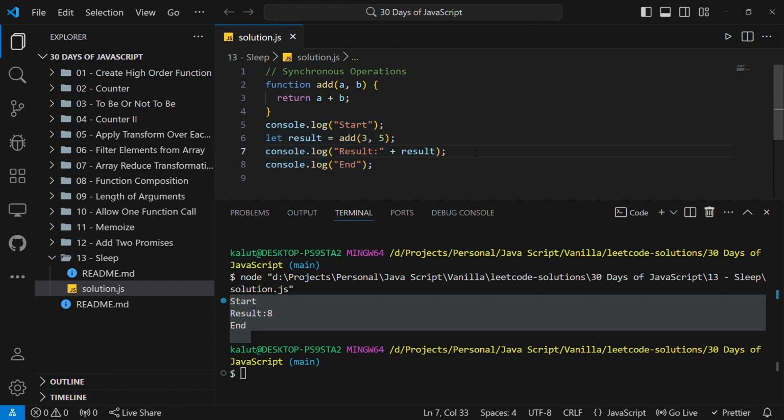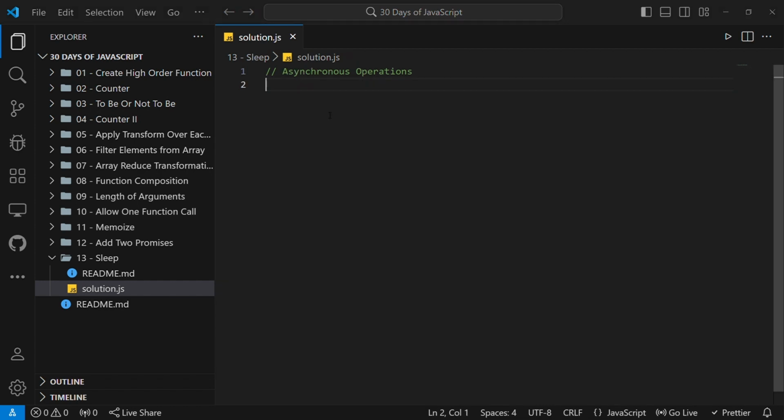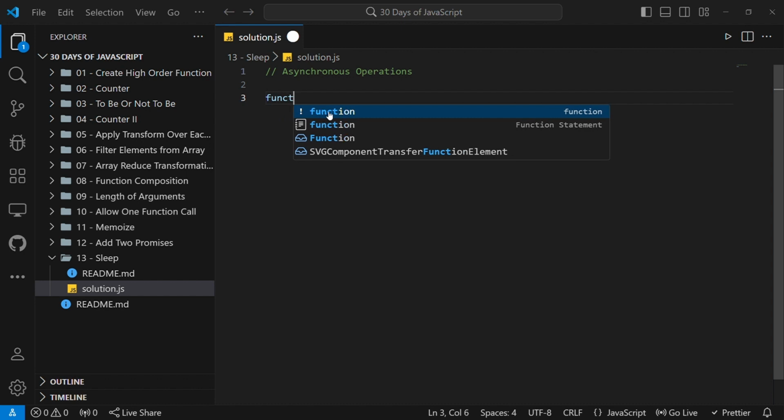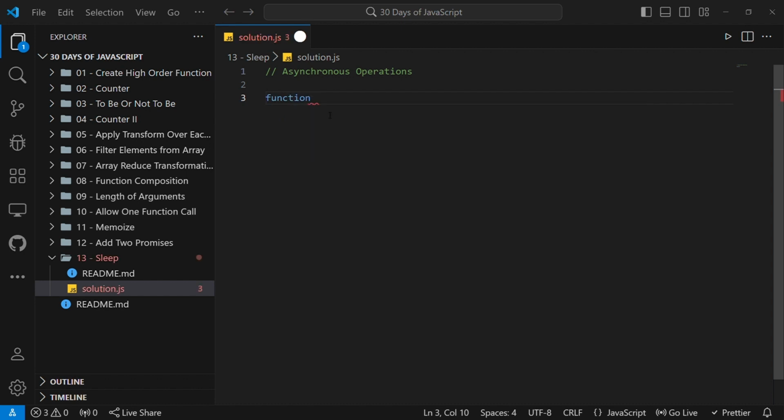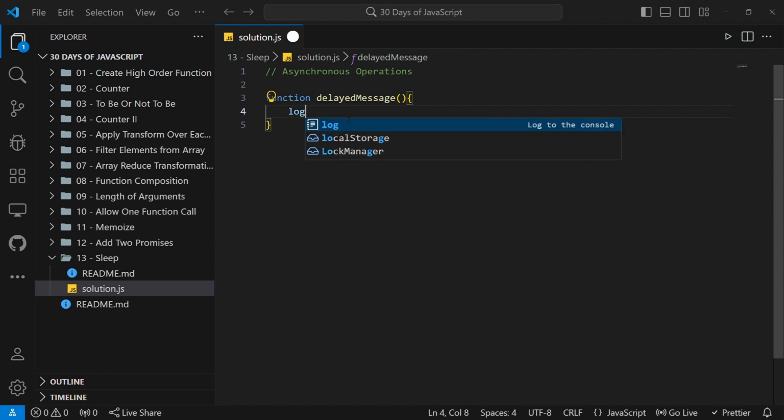So let us look at asynchronous and see how it differs from synchronous. In an asynchronous operation, tasks can be executed concurrently and independent of each other. That means that tasks do not necessarily wait for each other to complete before they start. So let's say I have a function here. I'll call it delayedMessage, like that. And what this function does, it just logs